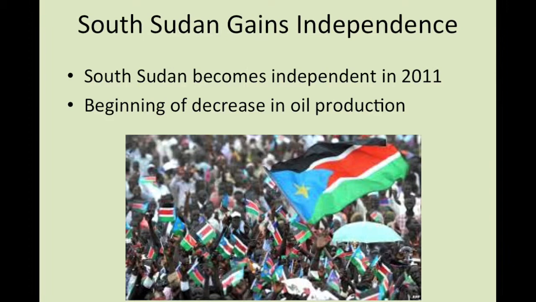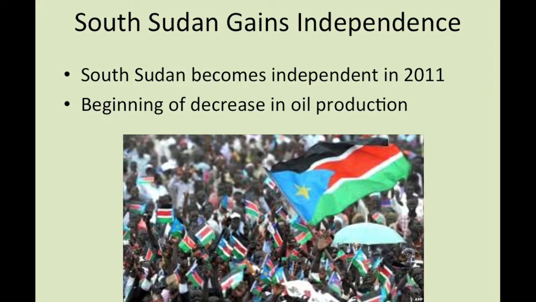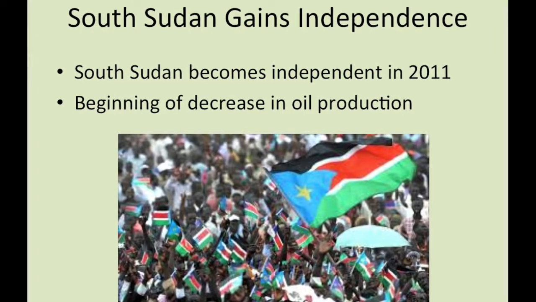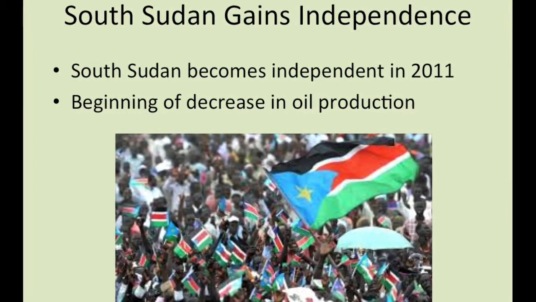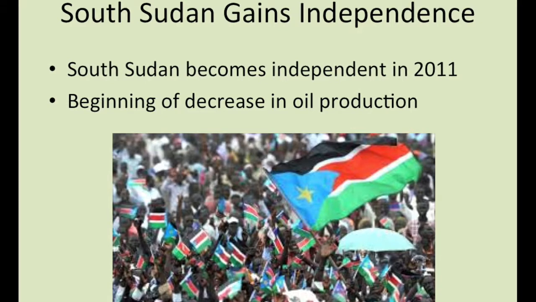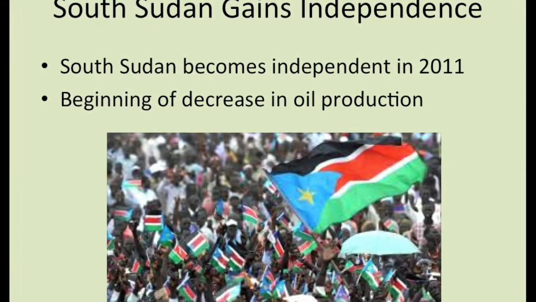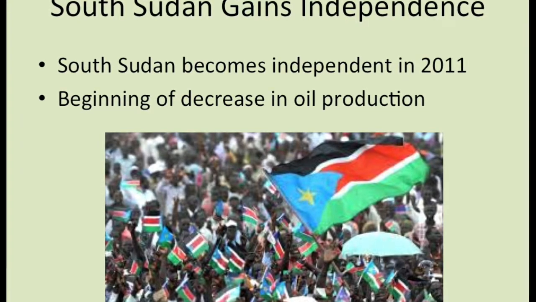The split in 2011, as the presentation will talk about, caused a major decrease in oil production. Prior to the split, they were the second largest oil producer outside of OPEC. The South gained 3/4 access to the oil fields, and $11 billion of exports went down to $1.8 billion.